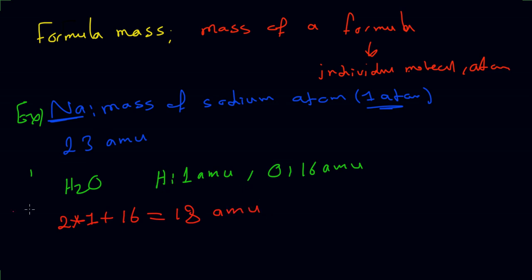That's why when you hear the word formula, you have to remember the unit AMU, atomic mass unit. Why? Because it is the unit of mass of an atom, and here we have 3 atoms. So we can say formula mass